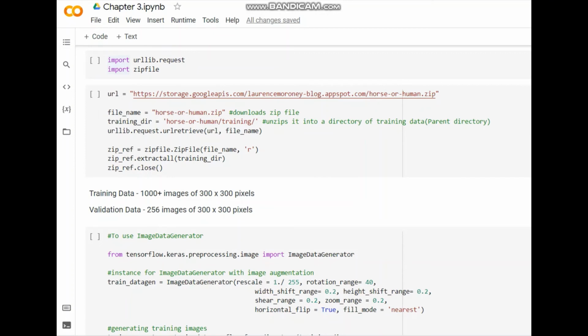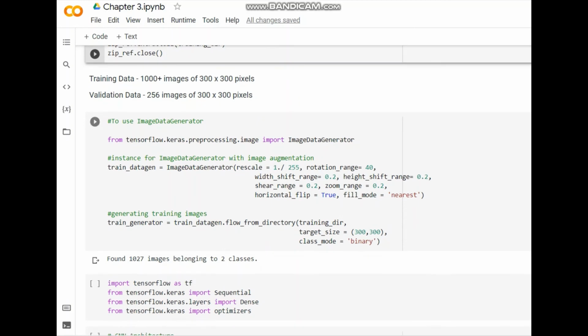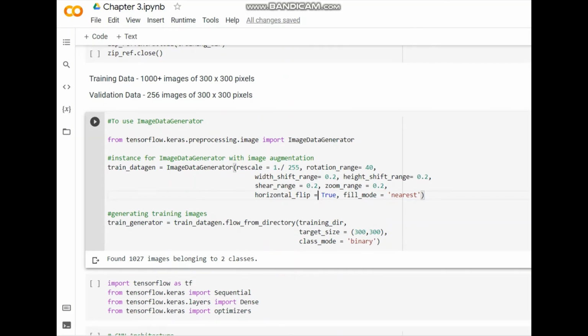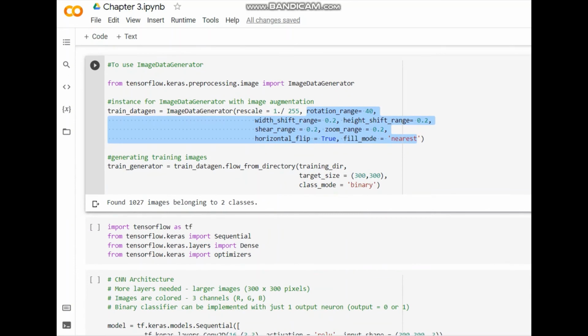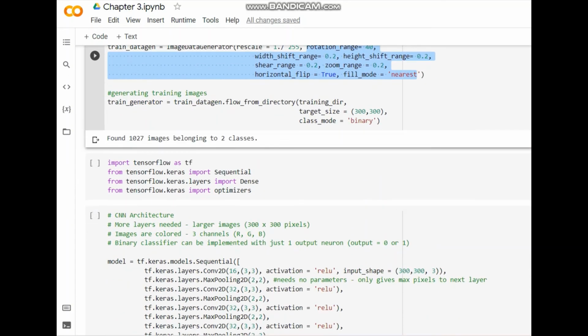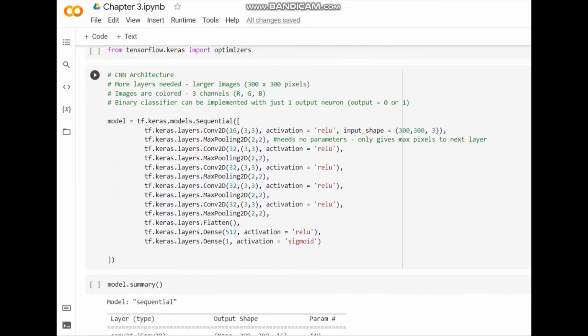Welcome back. So, for your convenience, I've already run this whole notebook once again and I've also applied the image augmentation. Now I am going to show you how the image augmentation is different from what we have done before. So we as usual are getting our training files, and here is our training data, and we are just rescaling it and applying all sorts of image augmentation that we have read about in the book. Then we have applied it here and found that there are 1027 images belonging to two classes, and then we have defined our